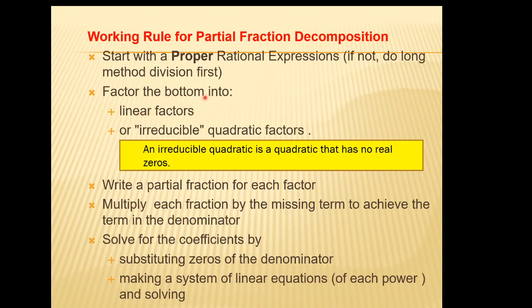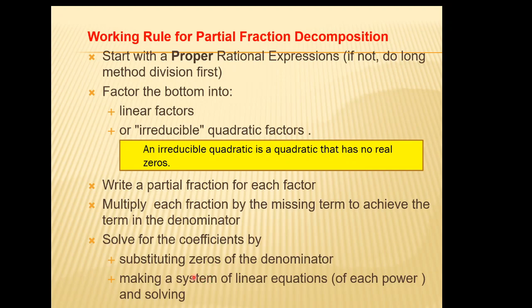After factorizing the denominator into linear factors or quadratic factors, according to the table which I have discussed earlier in the previous slide, you have to write a partial fraction for each factor. Then multiply each fraction by the missing term in order to achieve the denominator. Then once we get that, solve for the coefficients by one of these two methods, either substituting zeros of the